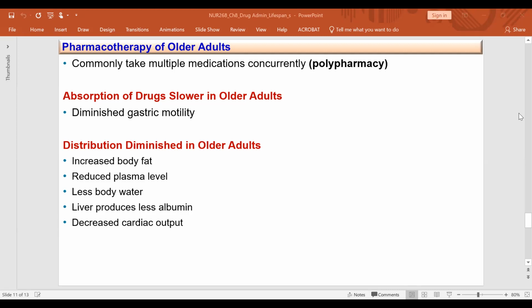In distribution also, there is an expected physiological change, which is the reduced concentration of serum albumin. It may be significantly reduced in the malnourished population or older adults. The plasma protein is reduced by up to 13% in the older adult population. This causes decreased protein binding of drugs and an increase in the level of free drugs, which will lead to toxicity.